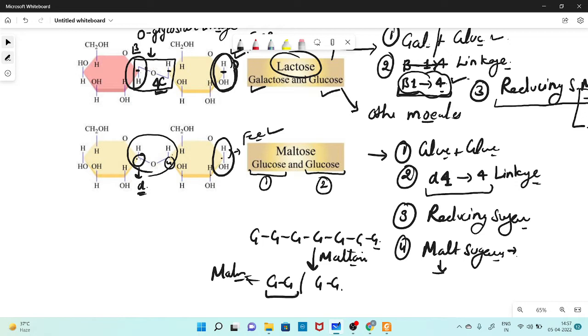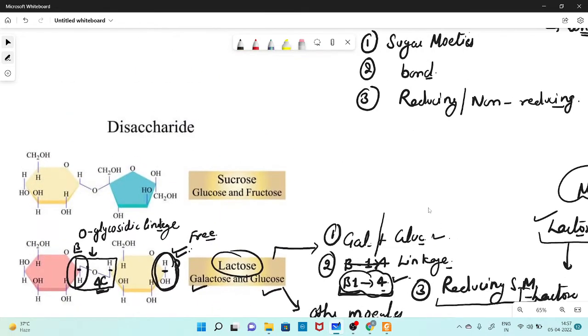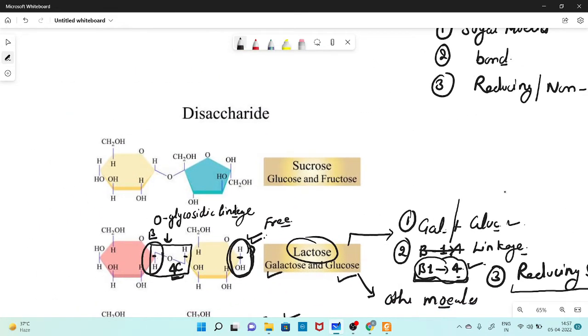We will discuss them later. So this you should know. So this is also the malt sugar, they are also the end product of starch. Sometimes a question comes: what is the end product of the starch molecule? So the end product is malt sugar, right? Our next disaccharide is the sucrose, which is also called table sugar, and this one consists of